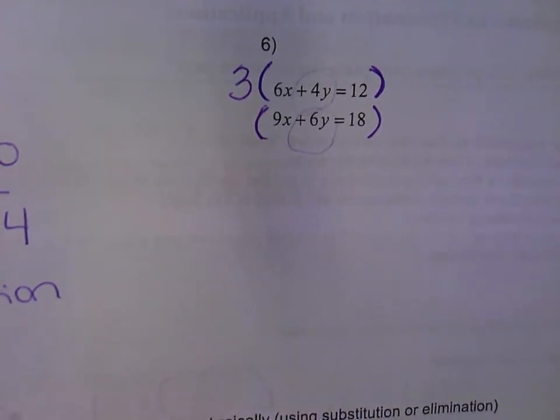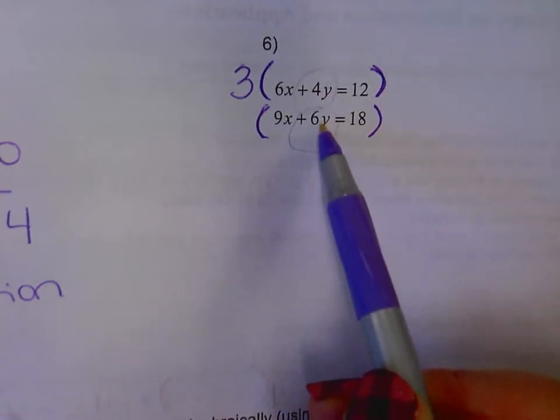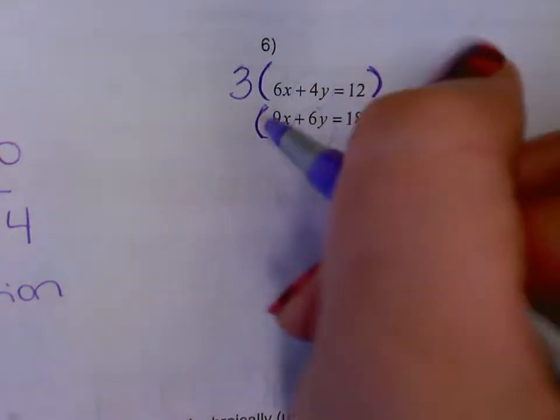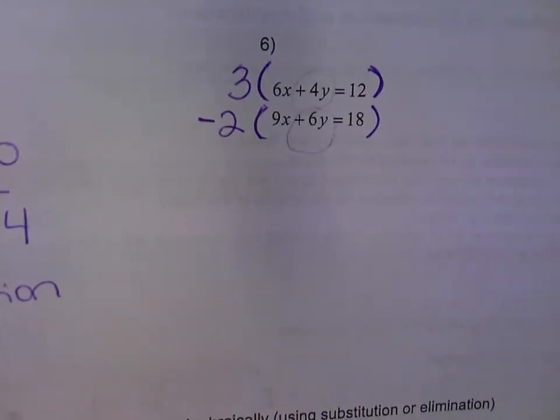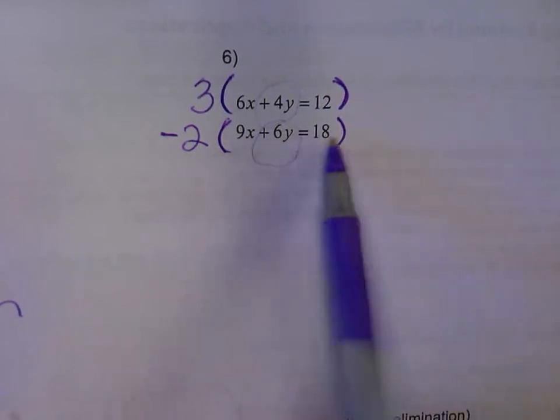And actually, this one needs to come out maybe positive. This one needs to come out negative. So they add together to 0. So instead of doing 2, we actually want to do negative 2 across the bottom. See if you can distribute those and get all, how many multiplication problems is that? 1, 2, 3, 4, 5, 6. See if you can get,